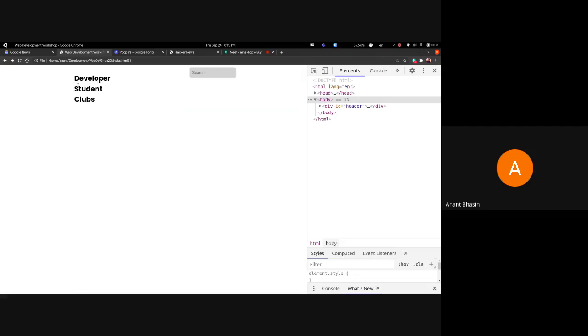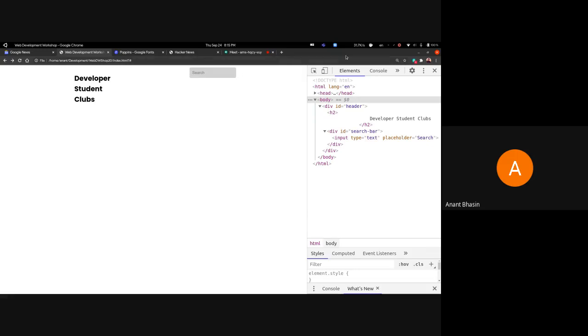you have three parts where there is empty space. One is going to be on the left of the H2, the second is going to be between the H2 and the search bar, and the third is going to be on the right of the search bar. Now all these three white spaces are equal in length. So that's what space evenly does.